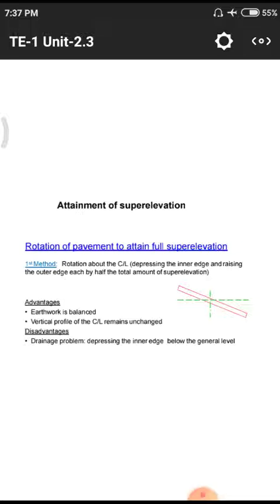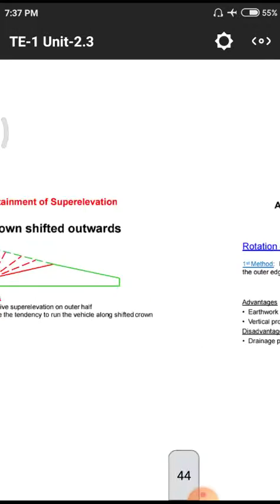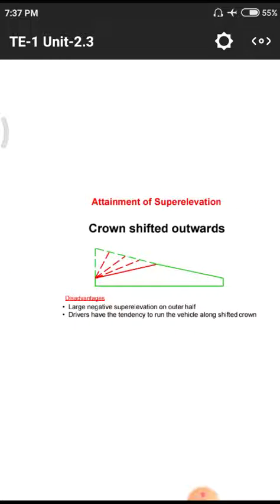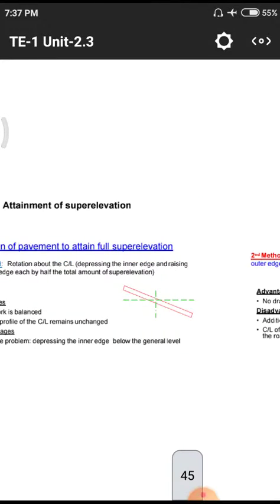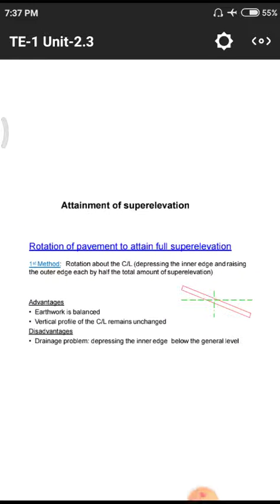With respect to that central axis, we have to rotate a particular amount of this pavement, which is called super elevation. In the previous case we were increasing the road thickness, but here we are not increasing the road thickness, we are simply increasing the embankment. That means at the bottom the earthwork will increase, and automatically this pavement will be created as smoothly as possible. Advantage is earthwork is balanced. In the previous conditions we used a huge amount of material, with very high thickness at the center, but here we have less quantity of material and a huge amount of earthwork, so the earthwork will be balanced.